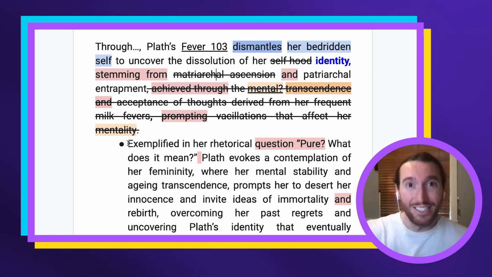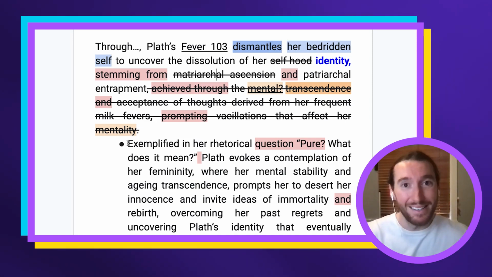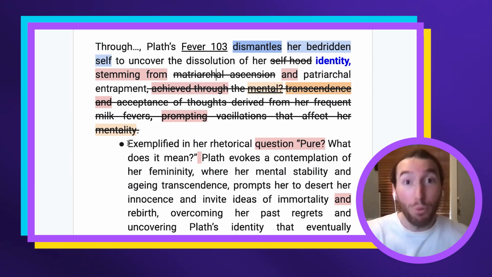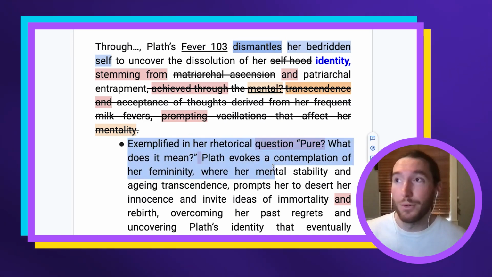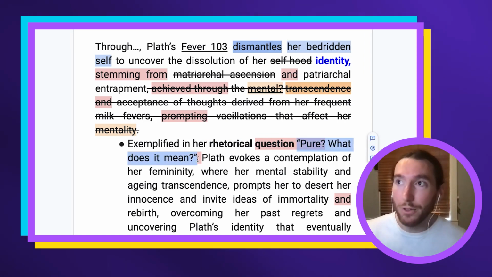So the analysis should come in after the topic sentence. You might want to bring in context as well as part of that, but I would integrate it so they're not all in separate sentences. It's very important in an essay that you get into the analysis as soon as possible after your topic sentence. You've brought in your concept, now start proving it. Bring in your evidence. They've done a great job here in going into analysis, where they're going to give me a technique, rhetorical question, and they're going to give me a quote showing that rhetorical question.